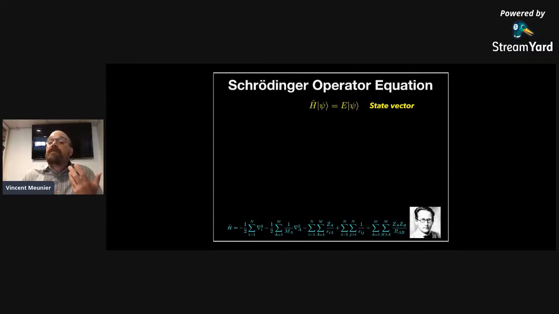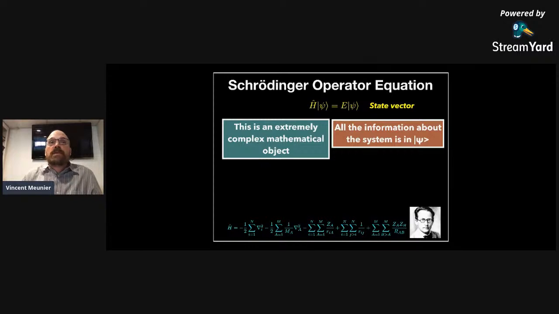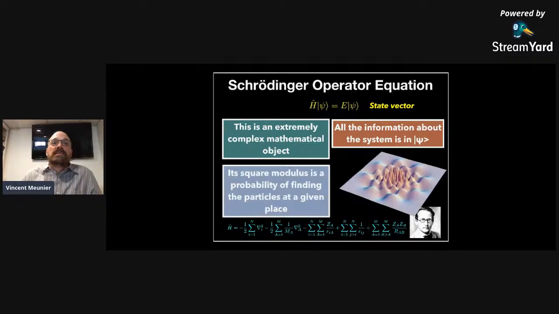But it's not easy to solve this problem mathematically. The point is that if you were able to solve it, you would know all the quantum mechanical properties of an object like this. All the properties are written in this state, which we call the eigenstate of the system. This is, of course, a very complex mathematical object, and its modulus provides the probabilities. So that's nice. That's what the first quantum revolution was about.